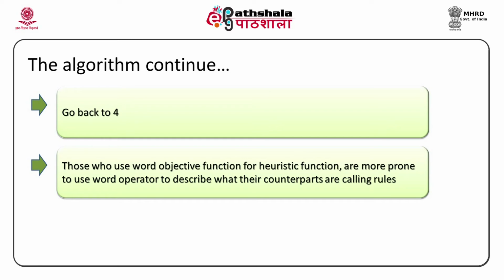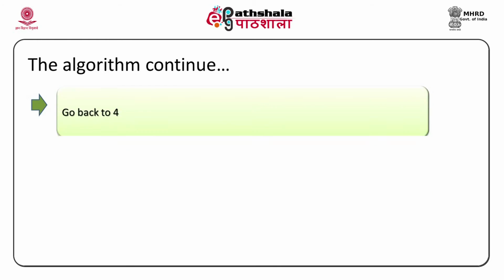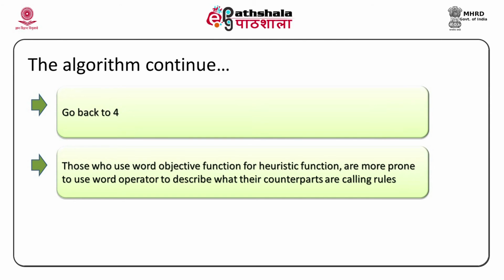There is one more thing, as I said, people from different domains use different words. Those who use the word objective function use the word operator rather than rules. And as I said, objective function is the same thing as heuristic. T is temperature, but not real. Remember, in the physical annealing process, temperature reduction is determined based on empirical values and experiments. Here also T will be decided similarly.